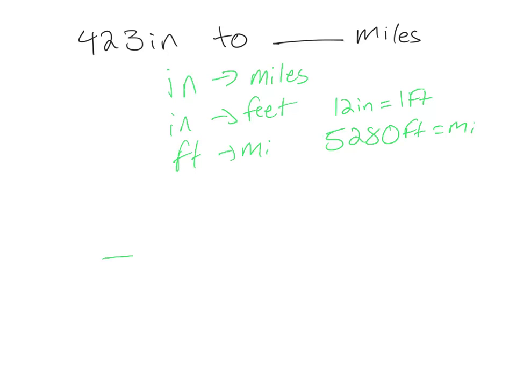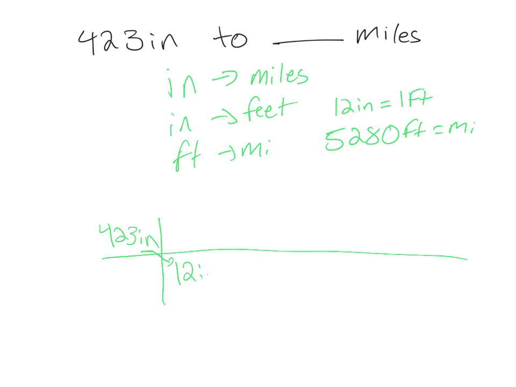So to do the dimensional analysis, you're going to make a railroad track, is what the chemistry teachers call it. You can call it whatever you want to. And what you do is you start by putting your original number in the top left. And then what we're doing is we're working to the right. And what we want to end up having is the final unit in the top right corner. So we're going to go from inches to feet first. So whatever is up here, you're going to bring down. So 423 inches,